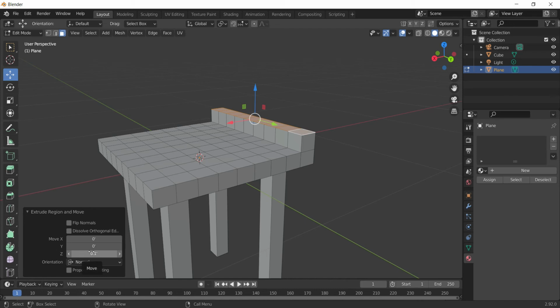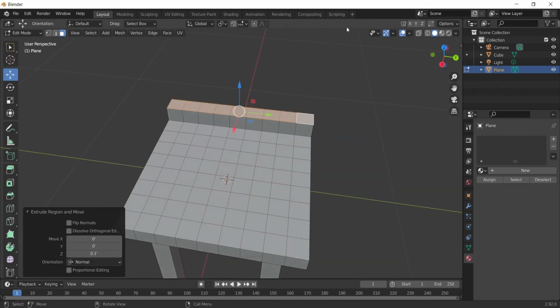Now starting from here, the next process which I am going to do will be strictly related to the design process. So I am going to define a design on this chair. For that, I will be making some changes, and I will be using some values by which I will be finalizing the design which I have chosen for my chair. Again, it might vary, so depending on the design which you are choosing for your chair, you might work with different values or a different sort of design.